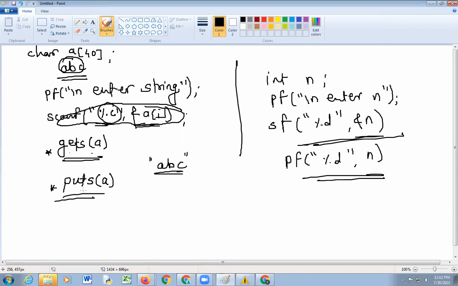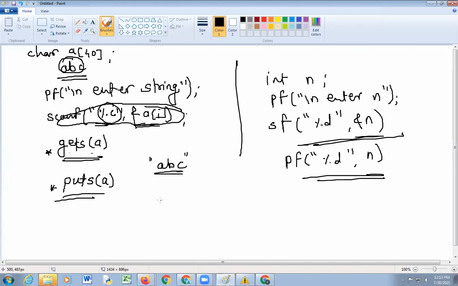Okay, then in the next lecture we'll see programs on how to find the length of a multi-word string. Then there are different functions: copy function, compare function, upper to lower, lower to upper, and concatenation function. So many functions we will see. So this is a part of array.